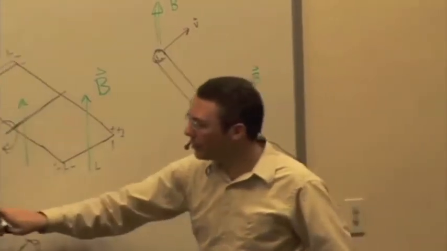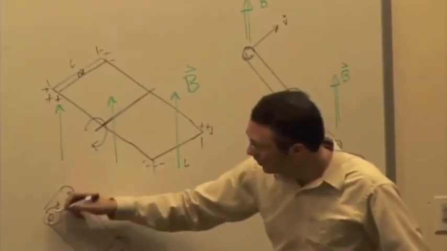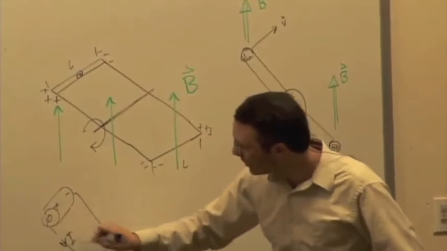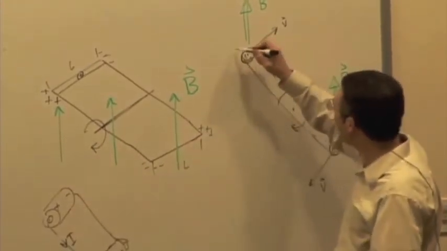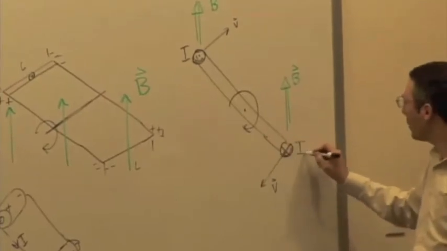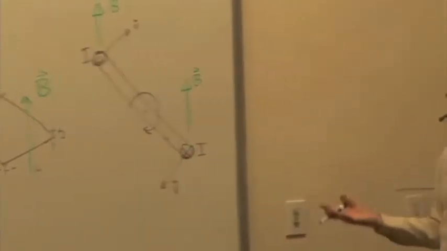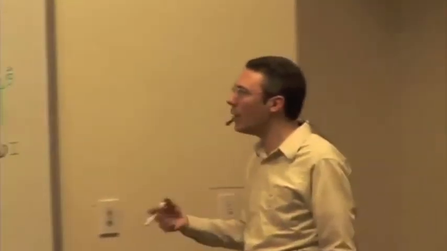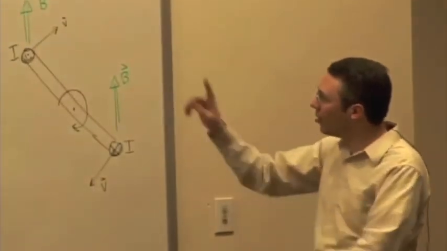Out, right? Because here's the positive terminal. Conventional current is going to flow out of that terminal. I is coming out at the top, and I is going to go in at the bottom. But now we have a current, and so there's going to be a force that tries to slow the overall motion down. Essentially, there's going to be a torque on this spinning